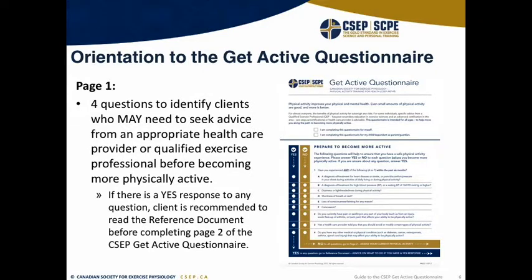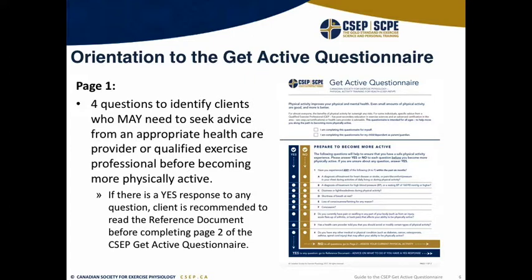All right, so I hope you have the CSEP Get Active Questionnaire and the accompanying reference document out in front of you. As you can see, it's 2 separate documents. The first 2 pages are the CSEP Get Active Questionnaire, and then the reference document is another 2-page document. If you're looking at page 1 of the CSEP Get Active Questionnaire,